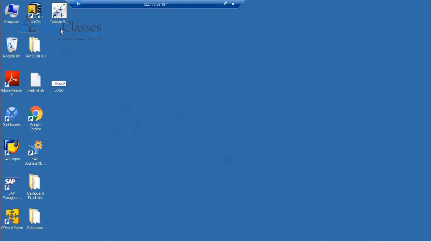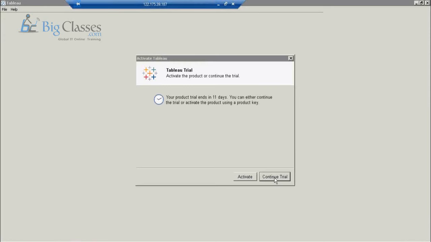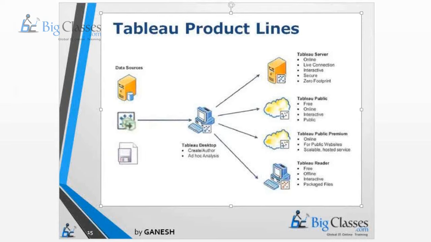Now look at this, guys. Let me show you a sample example. See, what is this? Tableau Desktop. Tableau Desktop is the application, the layer which is used to develop your dashboards.